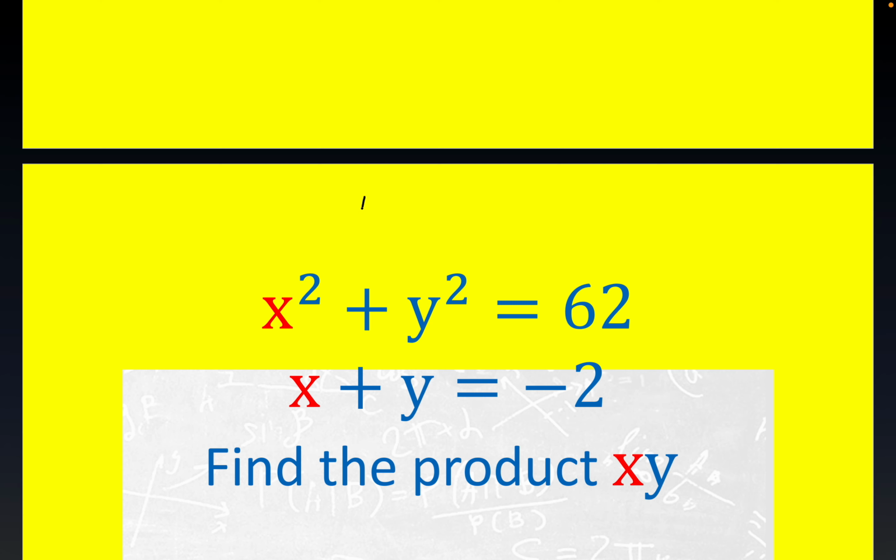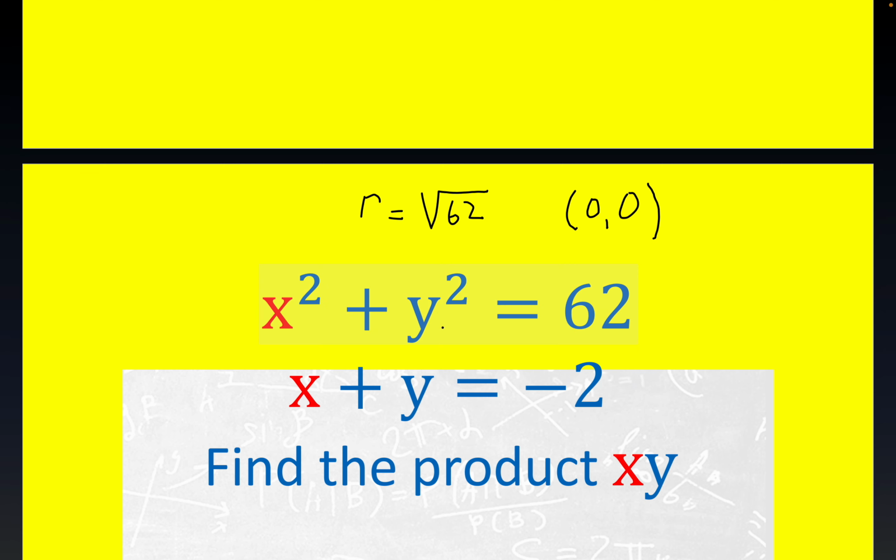Everybody, today we have a problem where a geometrical perspective gives us some idea on maybe the steps to take. Not necessarily, but possibly. Now, this top equation is a circle of radius square root of 62. R stands for radius, and it's certainly centered at the origin. The circle's centered at the origin, the ordered pair (0, 0). And then this line here is somewhere around the origin, so you would anticipate this line